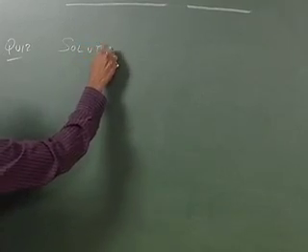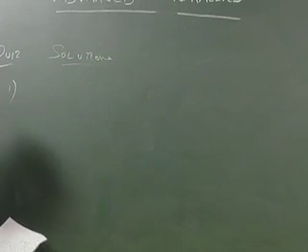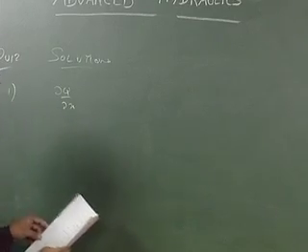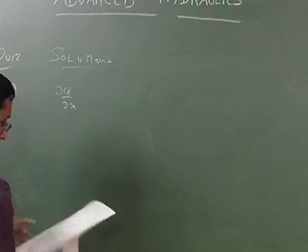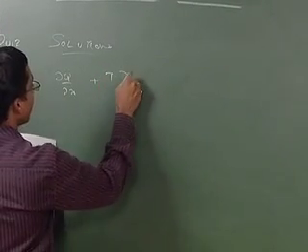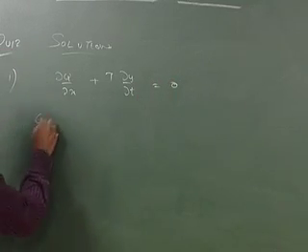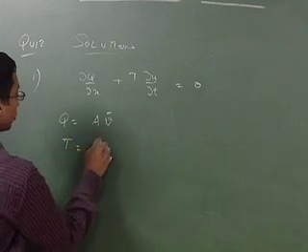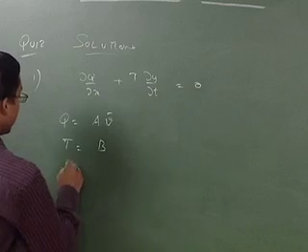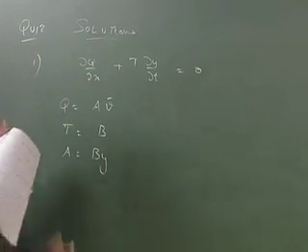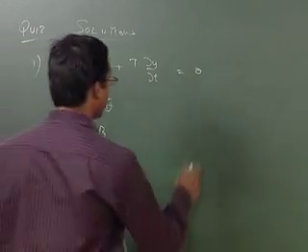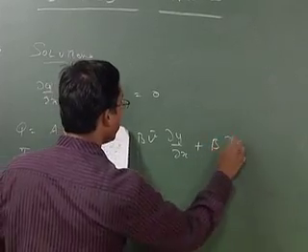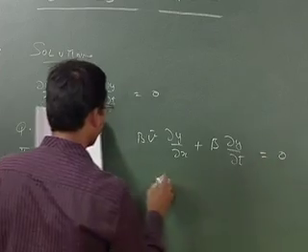The quiz solutions. For the first question, you know the unsteady flow equation, dou q by dou x plus T into dou y by dou t is equal to 0. Q is equal to A V bar, T is the same as your B, A is equal to B y. Substitute the terms here, you will get your partial differential equation in the following form: B V bar dou y by dou x plus B dou y by dou t is equal to 0, or